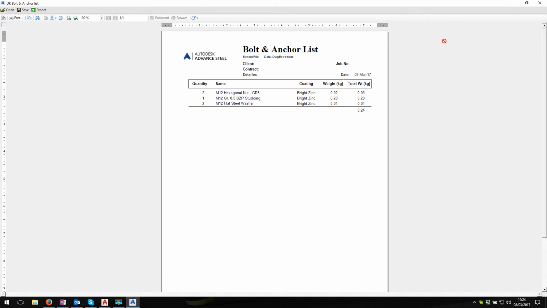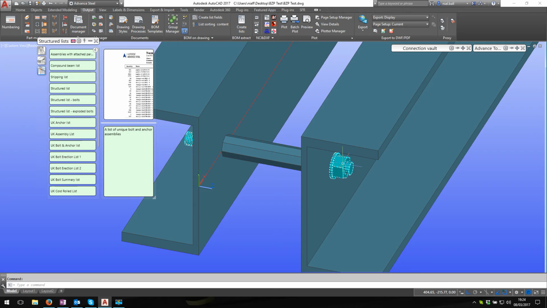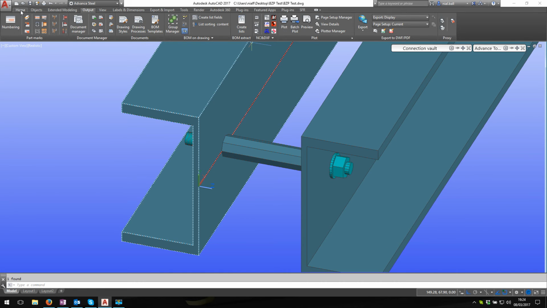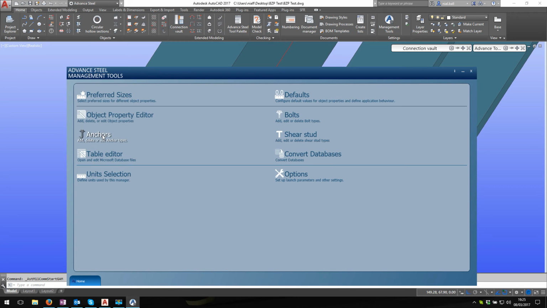So because this is actually an anchor, it features in the bolts and anchors list, and obviously there's more than one anchor in this tool. So we can see, look, I've gone 8 to 30 mil on the studding, and the lengths depending obviously on the size, various lengths, 8.8, and the anchor assembly. You need to do a little bit of work, and I mean a little bit. If I go into management tools and we go into anchors,